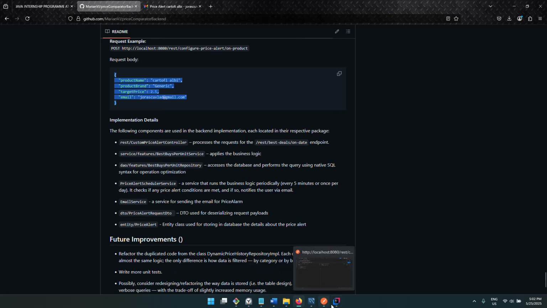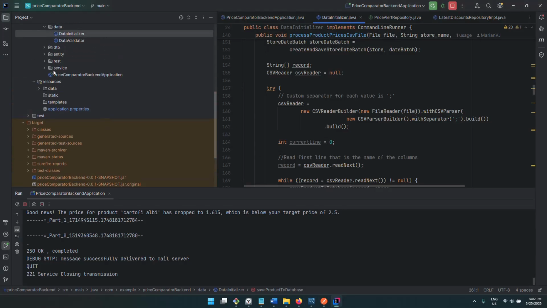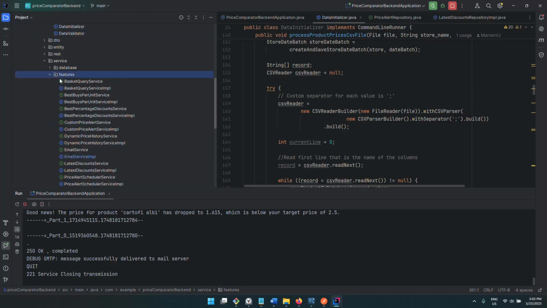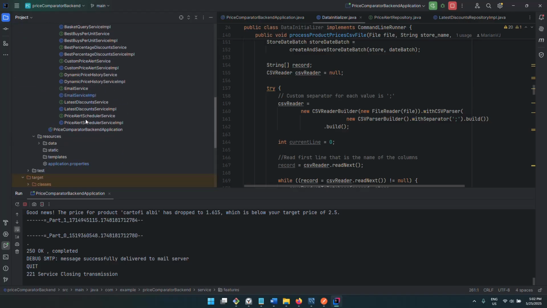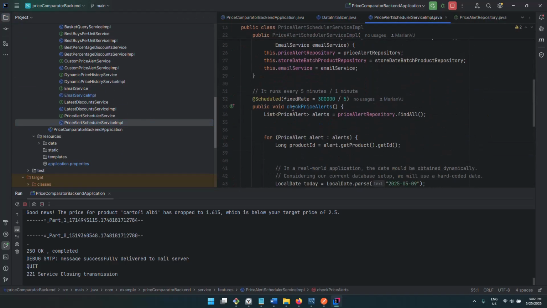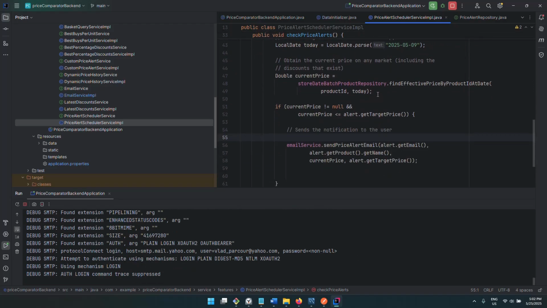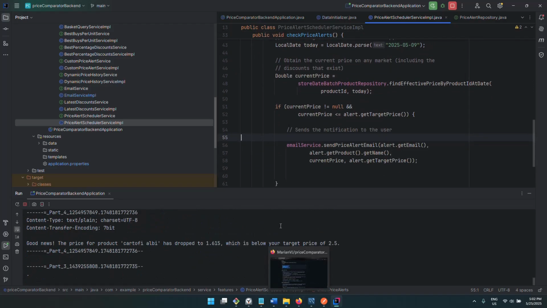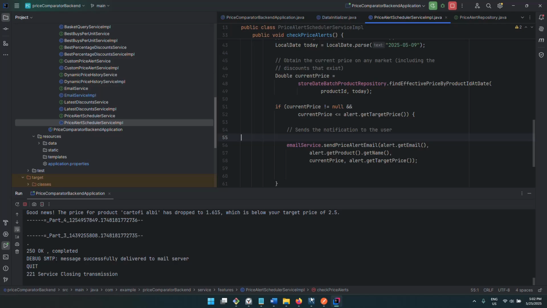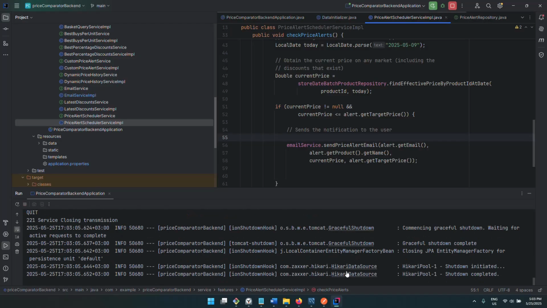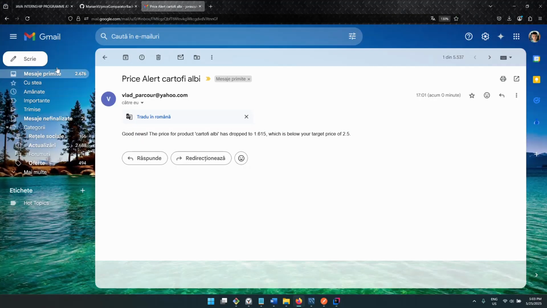For the implementation of this feature, I've used a custom method that is scheduled to run every 5 minutes. I've configured it to run every minute. And now I will stop because every time it is found that the price has dropped, a new alert is being sent. If we check,